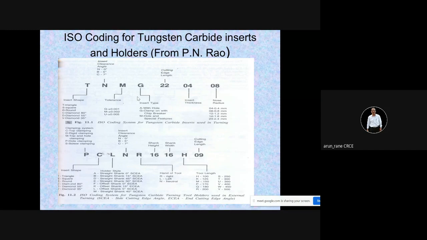So now imagine, suppose the inserts are not manufactured precisely. Suppose one insert has a thickness of 4 mm. Another insert has a thickness of say 4.5. So that means your offset, the location of the cutting point, is going to change, isn't it? By 0.5 mm. So if it is not qualified like this, that is instead of 4, if it is 4.5, then you need to take the tool offset again. So that comes under setting time. That means you are reducing the machine efficiency.